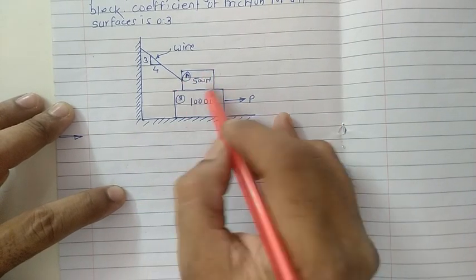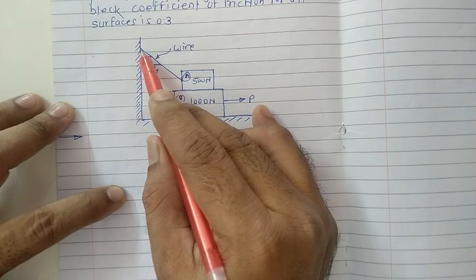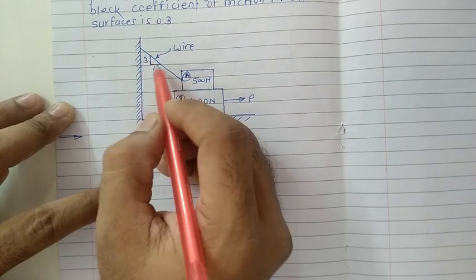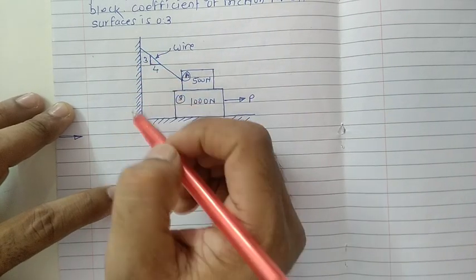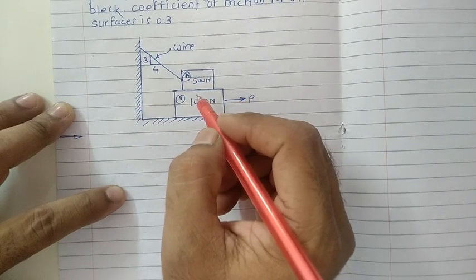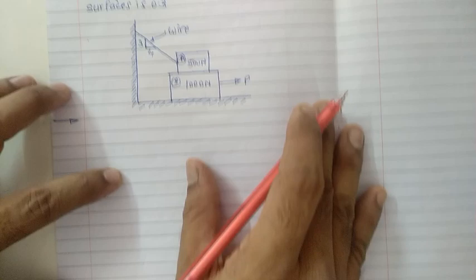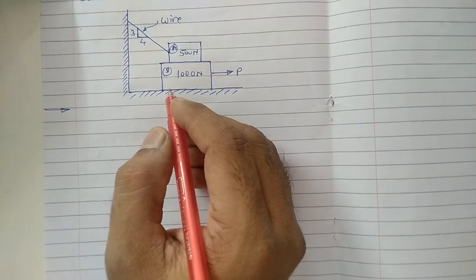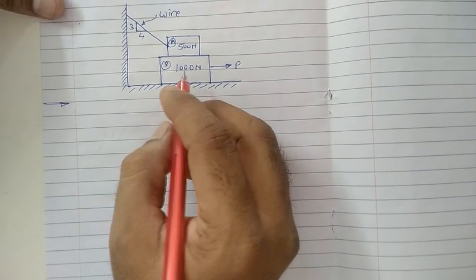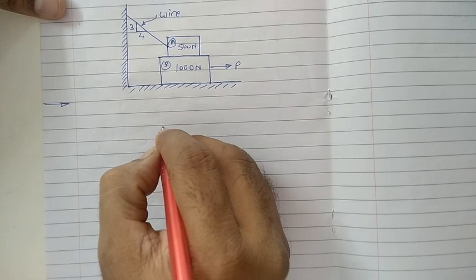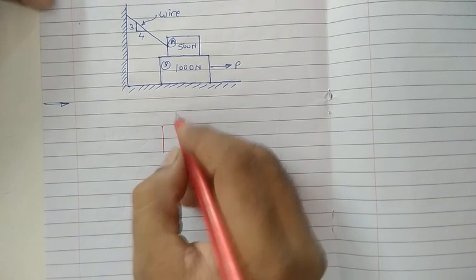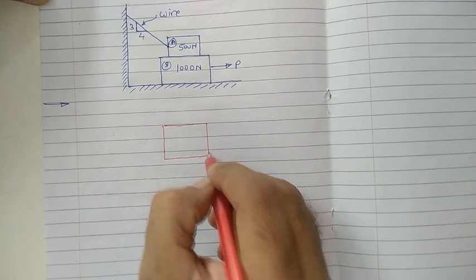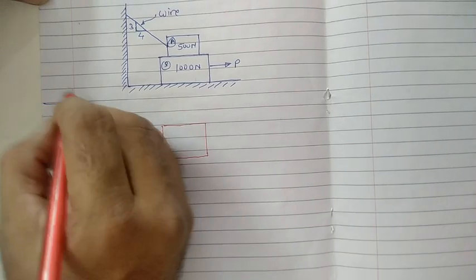So this block is tied from one end to a vertical wall by a wire. Now see this information with us. With the help of this we can get the angle theta. Now first of all, our aim is to draw the free body diagram for the given system by isolating every part, or every block, from one another. If you focus on the first block, just draw the diagram for that first block in this way. Isolate that block from the second one. I'll just mention here free body diagram